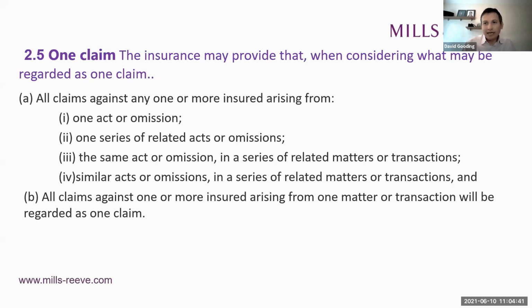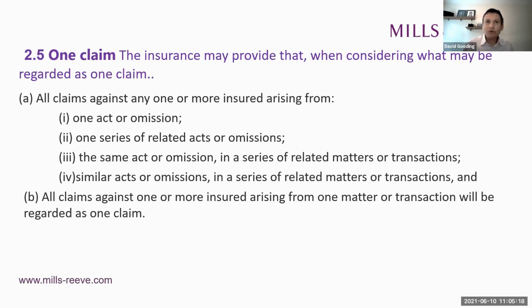Let's turn to the next one, which can be and has been seen to be quite confusing. That's also been a subject of a recent court decision. So, one series of related acts or omissions. It's an extension of the first limb. You're looking at a situation where you've got multiple acts or omissions by the insured, which give rise to claims. But to group them together, to aggregate them as one claim, they need to be in a series and they need to be related. Now, there hasn't been an enormous amount of authority on what amounts to a series, certainly recently, and in relation to lawyers' cases.